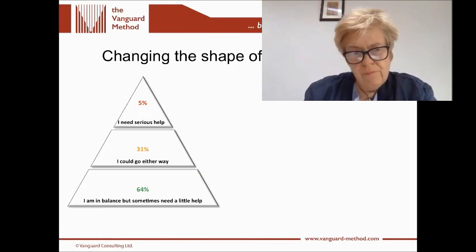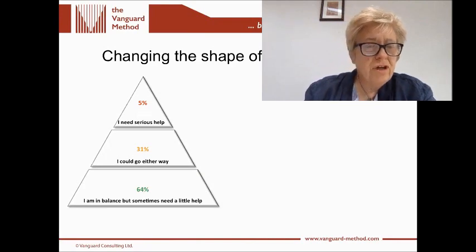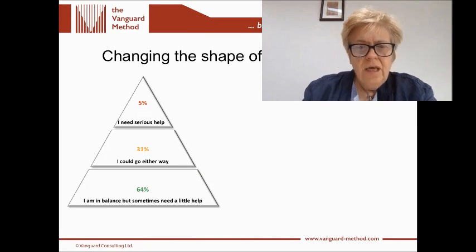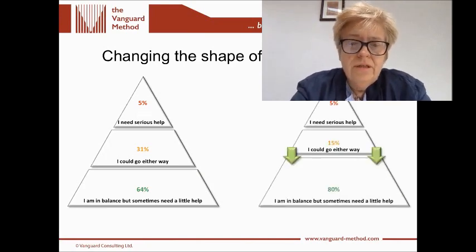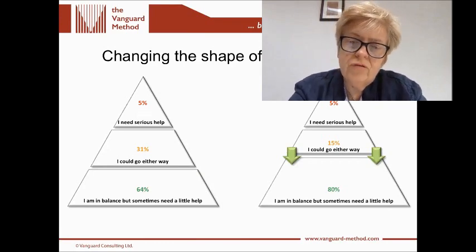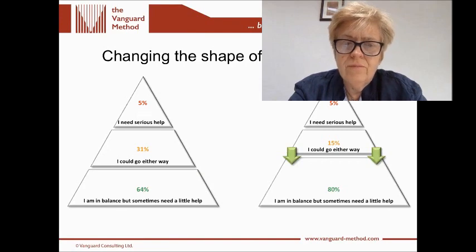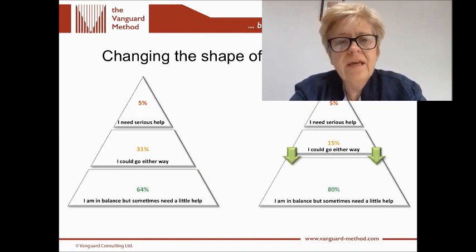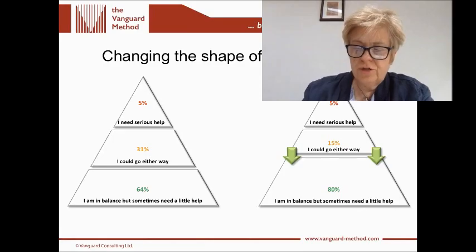In the current world, there are a lot of us who are in balance, but there's also quite a significant chunk of us who end up in the middle part of the triangle, and we could go either way. Where we want to get to, with the sort of work I've just shown you across services, is moving more and more citizens and families from that middle layer to one of, "Yes, I can live my life independent of service, but I know who to pull on and how to pull on them, because I've got a good relationship with them."